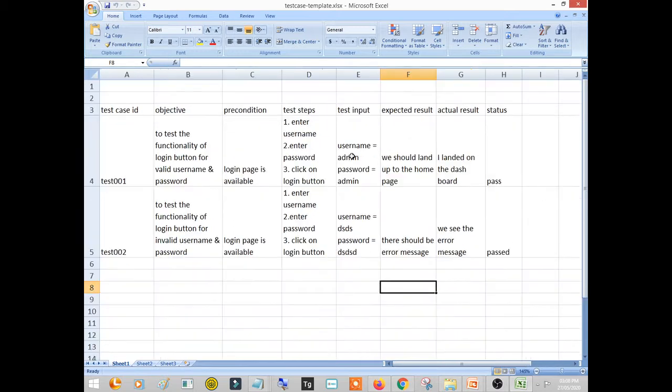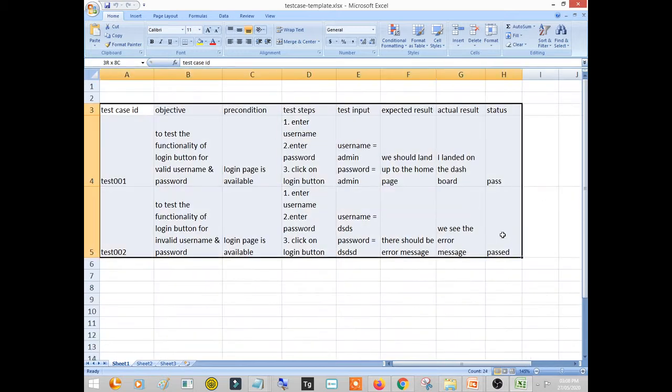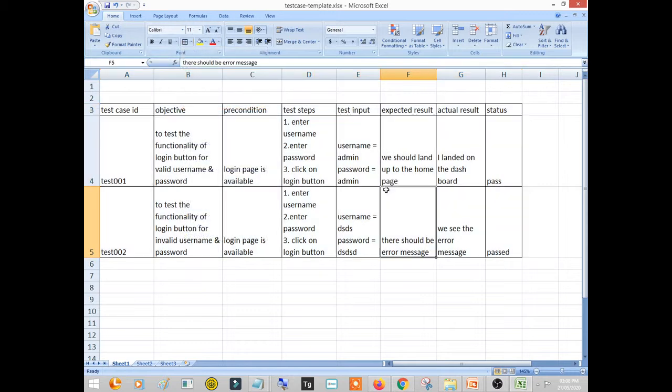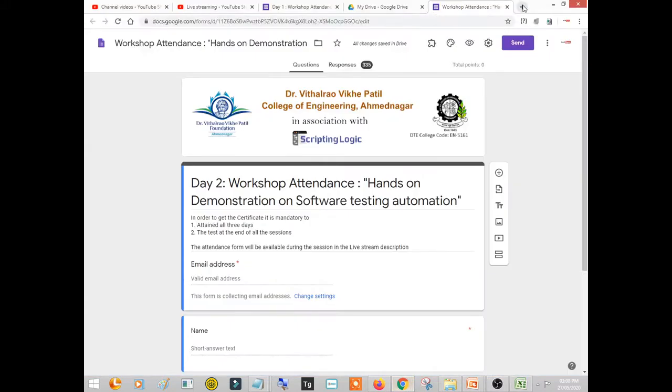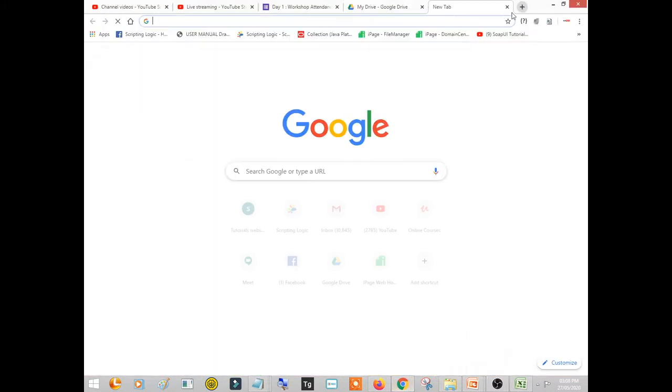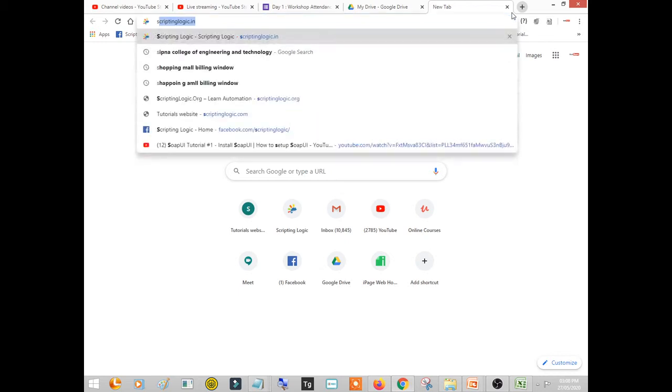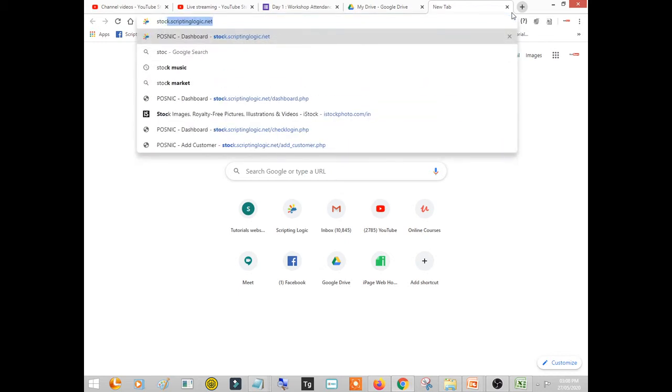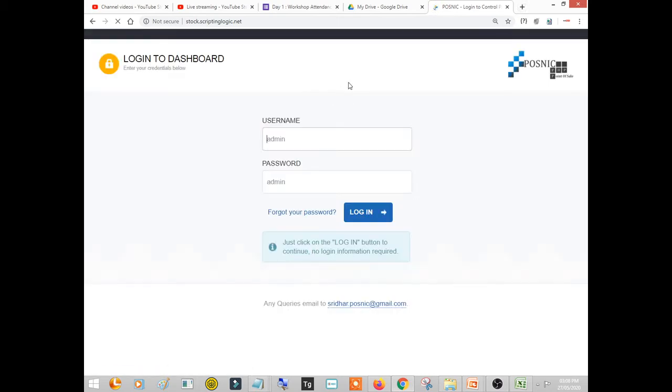Yesterday we wrote two test cases to test a web application, a login page. The login page was this, or you may choose any login page. So I have this login page.